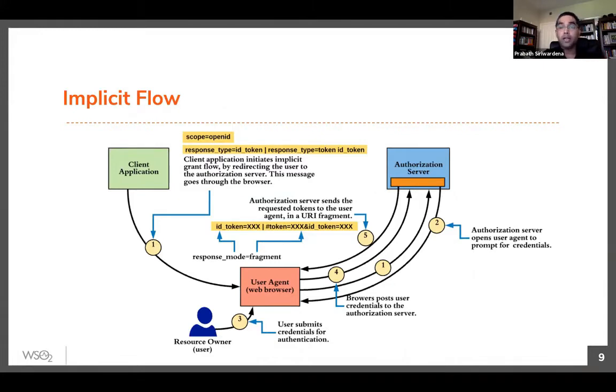Then it will look at the nonce value, and the nonce value in the token matches what's in the session. So it's an ID token which is bound to that particular user's browser session. That also passes. Then it will calculate the hash of the access token and see whether that's the value in the at_hash of the ID token. Then it's fine. Then you can let the user access the application.